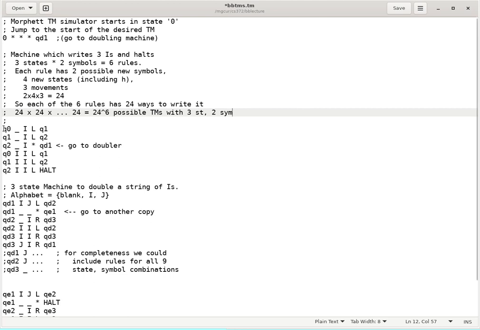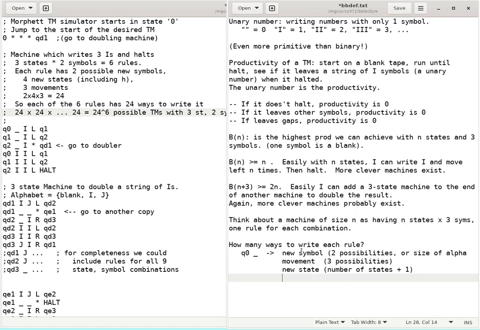All right, each Turing machine has 6 rules. Each rule has 24 different ways to write it. All right, and most of those Turing machine rules won't be reached, and I mean, your average running of the program might not actually reach a particular rule, but that's okay. So that is really important to this question over here. Okay, so